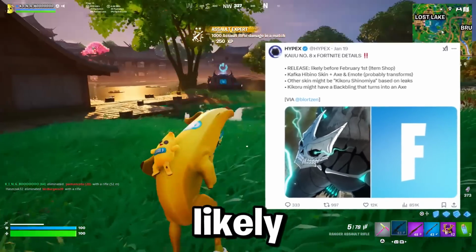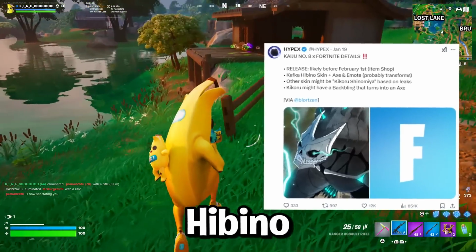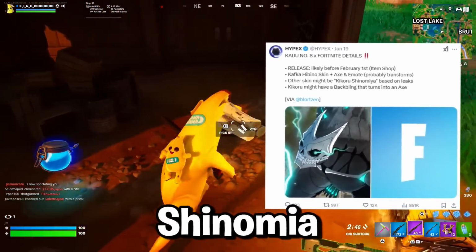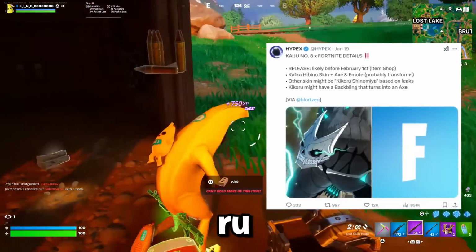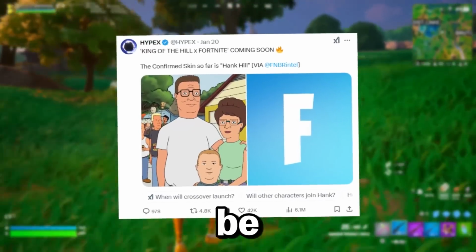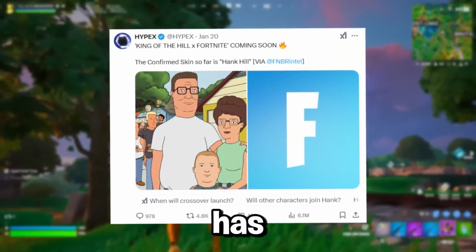The release is likely February 1st in the item shop, Kafka Hibino skin plus axe and emote that probably transforms. The other skin might be Kikoru Shinomiya based on leaks, and Kikoru might have a back bling that turns into an axe. Another collaboration nobody expected to be upcoming is King of the Hill x Fortnite, which has been determined to be